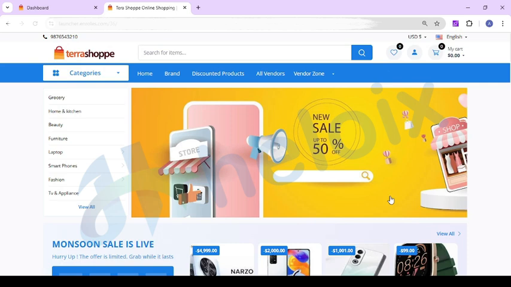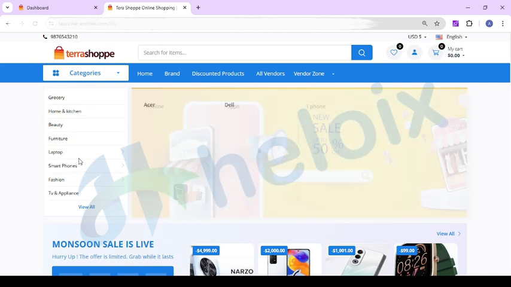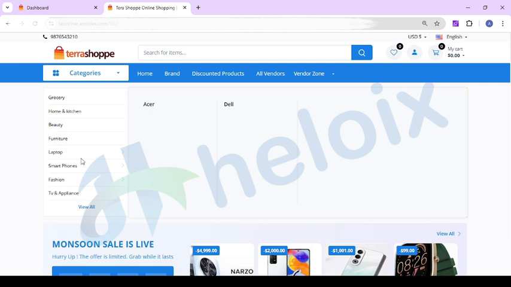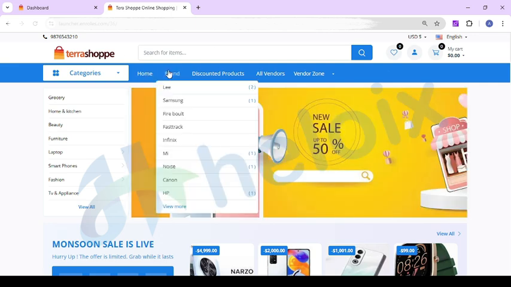Hello team, so this is the e-commerce platform which I'm going to show you. Here you can check categories. Here we created some category and subcategory. After that you can check all types of brand. Whichever types of brand you are selling, you can list your brand data here. And then whenever a user comes, they can search by brand and buy any product.